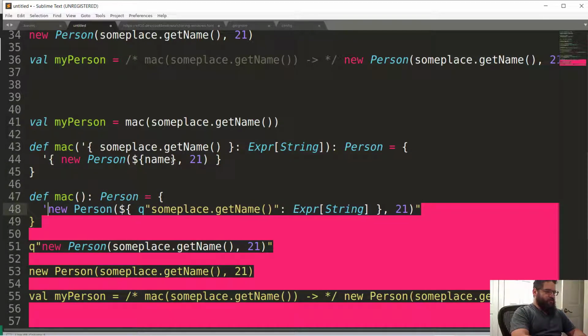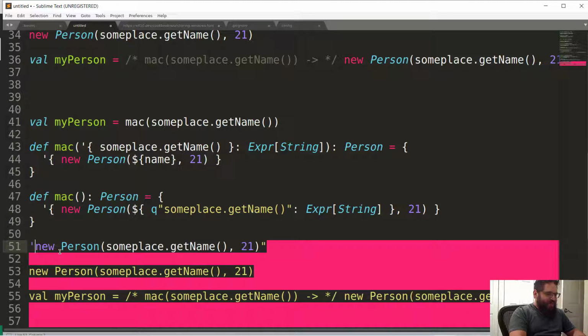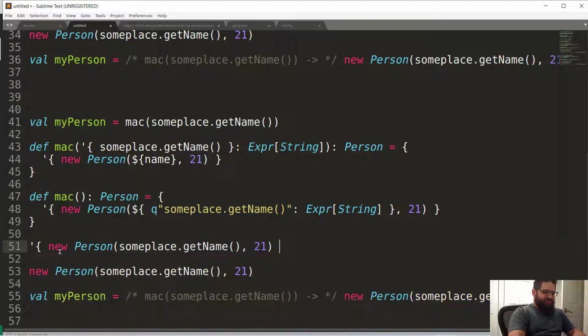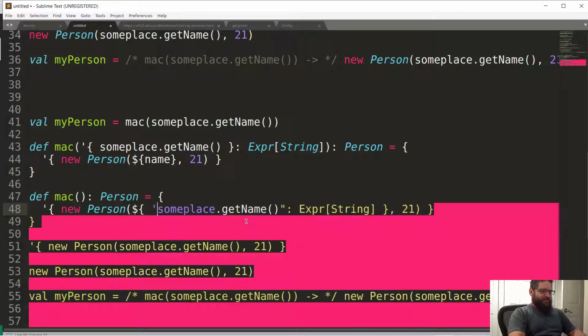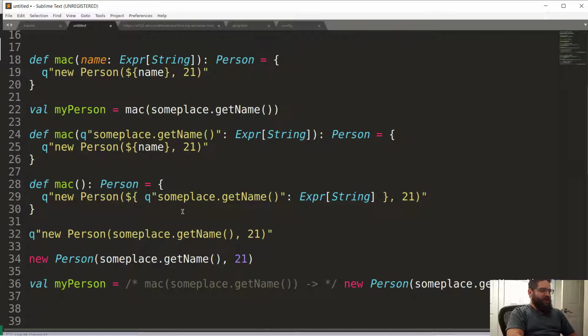This is what a quotation looks like. So it's basically the same darn thing, except for the fact that now it's not a string, now it's legit Scala code. The other thing is, what about the $ sign? And I've kind of glossed over the fact that in Scala 2, the $ sign for splice, in a quasi-quote here,